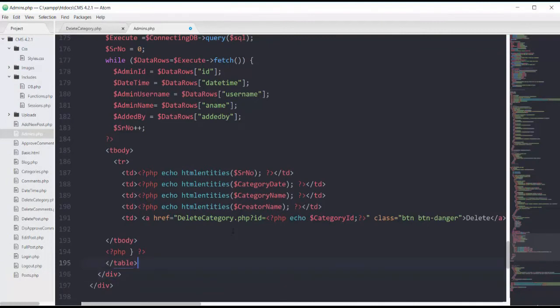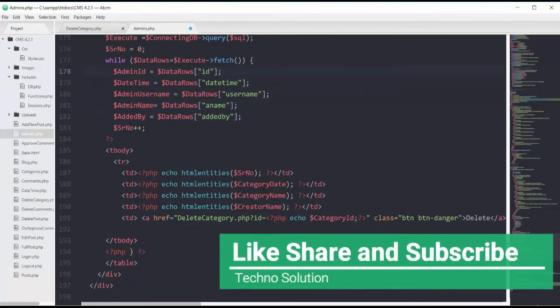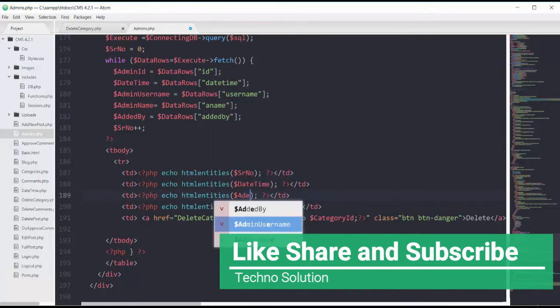Now mentioning these columns here. The first one will be SR number for showing the sequence. Then we will have our date, time, and then our admin username.